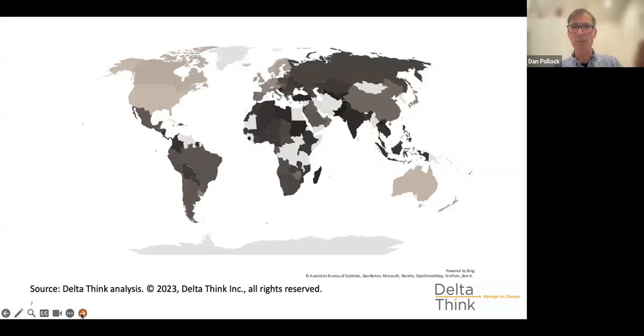So this map here is illustrating the general concept of what is affordability. And here we start to get into a bit of an economics lesson, but it's all right. It gets quite fun because you get into Burgernomics and the Big Mac Index, which always make me laugh. But essentially, what we find, particularly in the scholarly publishing marketplace, is people tend to set their prices in one currency.